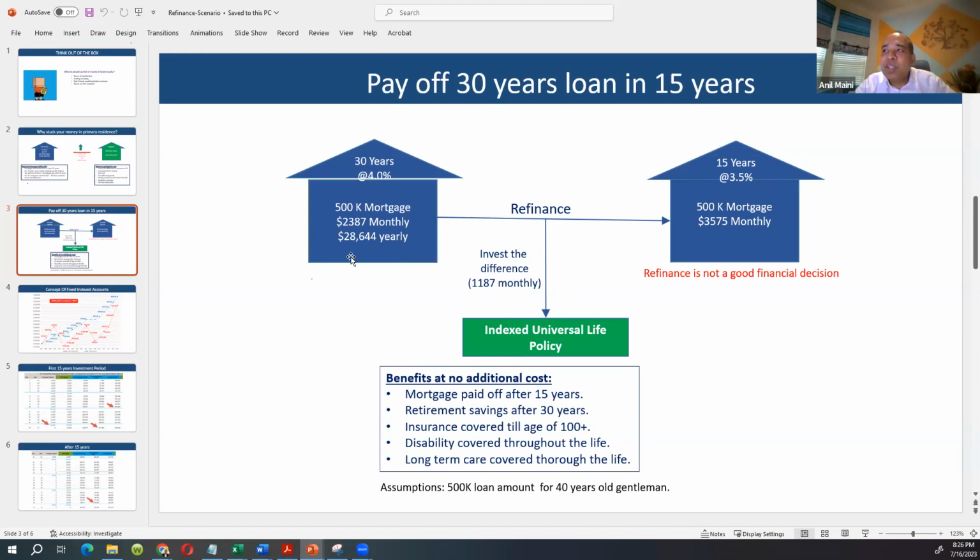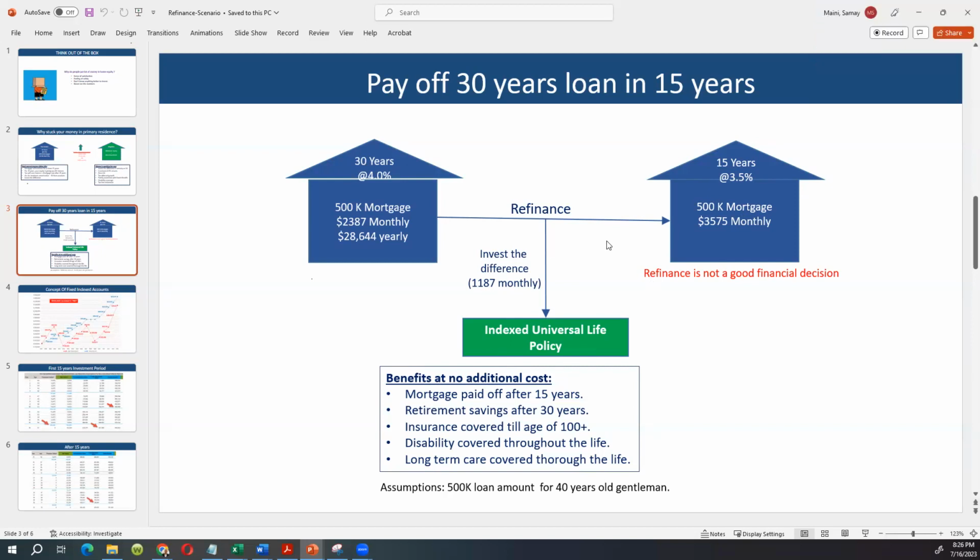So if that is a good question, if they have taken a 15-year mortgage more than a year, maybe 2 years ago, then their interest rate is already very low, maybe 2% or 2.5%. Then it's not a good idea. Let them carry on with the 15-year mortgage, and you convince them that there are a lot of additional benefits of IUL. Then we will show them another strategy for IUL with the help of annuities.